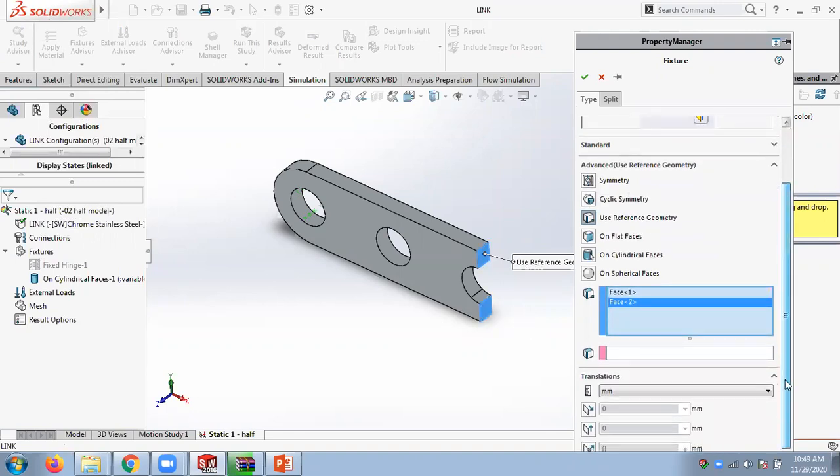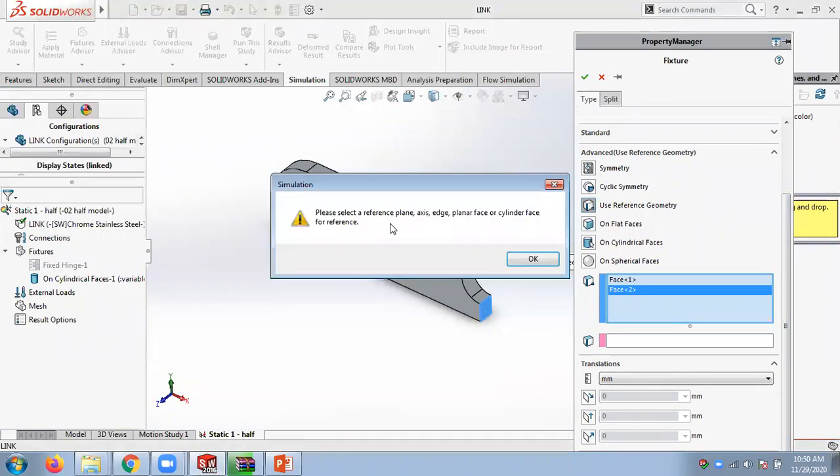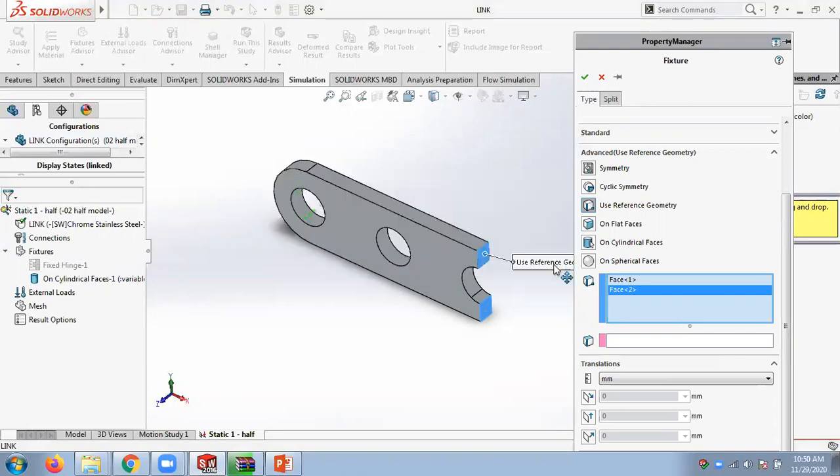So when I select these two faces, automatically it will model the, sorry, these are the two faces to get symmetric. This is the plane which has to be selected. So along this plane, now if you look at my model,